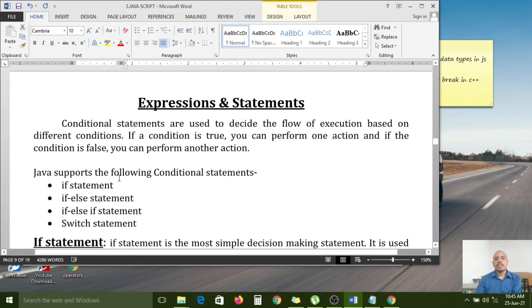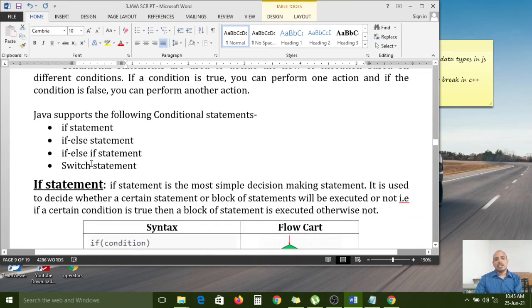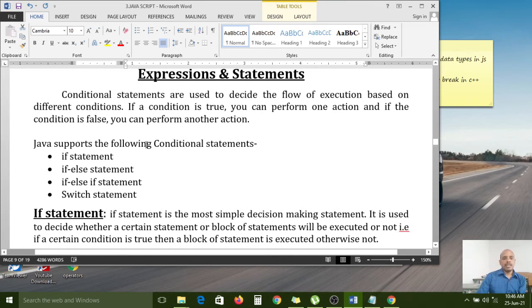If the person enters the input age, if it is greater than 25, then he is an employee, and if less than 25, he is a student. So if the condition is true, then the student block will execute. If the condition is false, the else block will execute, that is, the employee block. So based on that condition, the program execution direction is changing.